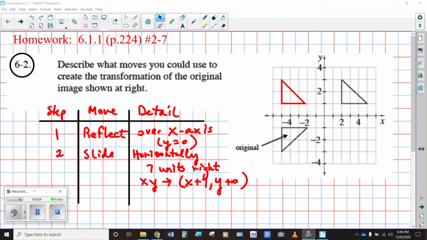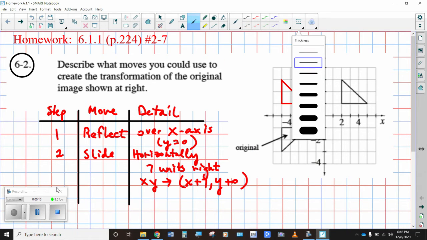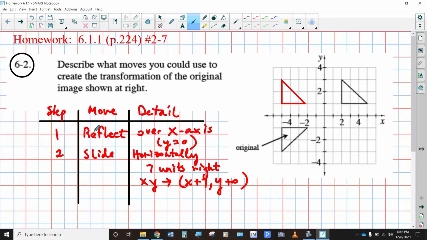Alrighty, let's take a look at our homework for 6.1.1. In this first problem, our task is to create a set of directions that you could use. Now remember, there are a lot of different combinations that we could do here to get from point A to point B, but these are just two of the possibilities of what you could do to get from this original into this location here. Now, typically, my first step, I'm going to go ahead and write this out,